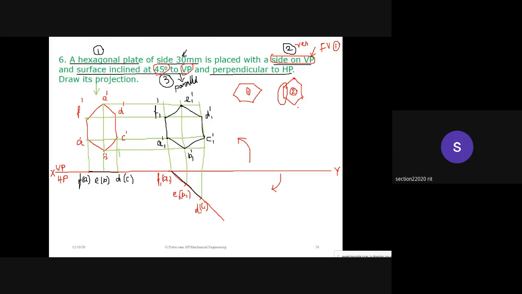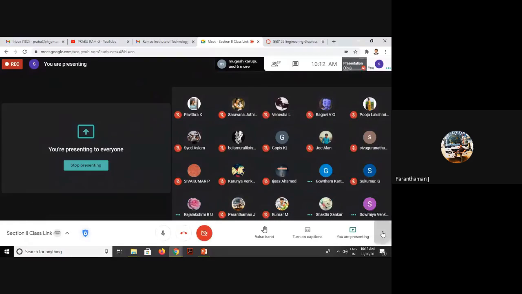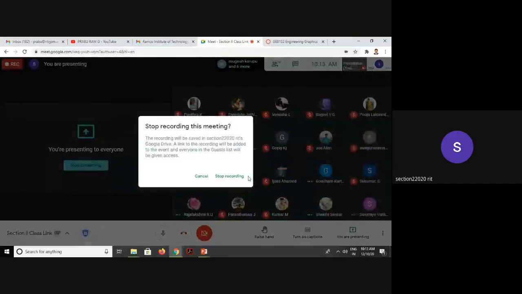Okay, so what about here again? The hexagonal side they have given. So I'm using an extension line, a dimension line, and an arrowhead which is in a 3:1 ratio, and I'm writing this is 30. And now you can have here 45 degree. Sir, are you clear? Yes, sir. Okay, now if you